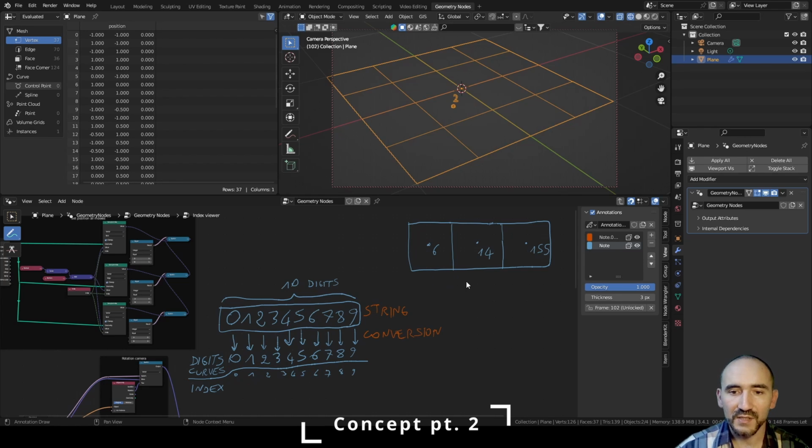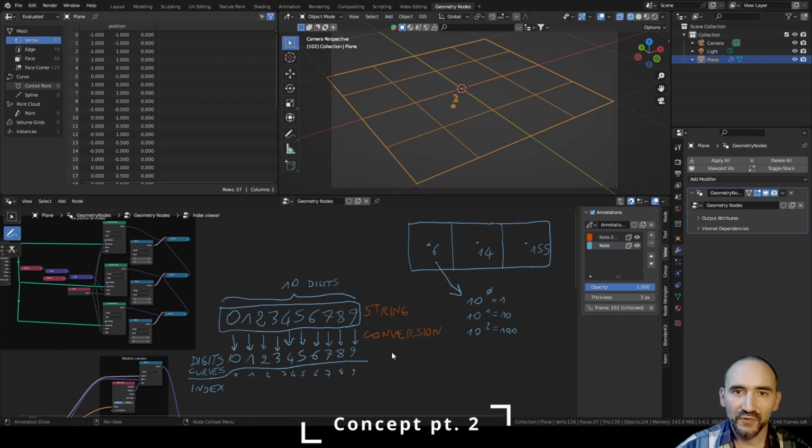So the idea is to divide each number by a power of 10: first of all 10 to the power of 0, then 10 to the power of 1, 10 to the power of 2 and so on, and this is 1, 10, 100, etc. And the idea is to divide each index of your mesh by each of these numbers to get the corresponding index of the array to get the correct curve to show